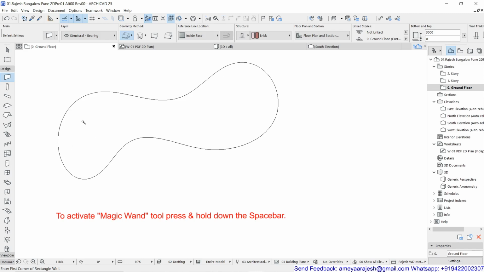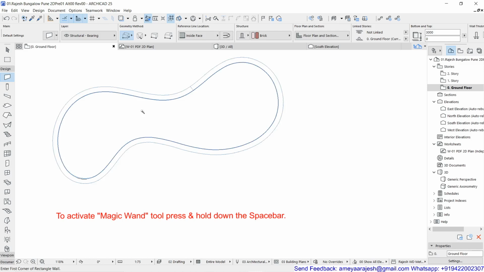So I'll just hold the space bar, and if I stay inside this, you will see ArchiCAD will automatically try to identify the closed boundary by default right now. Even if it is an open one, then you don't have to stand inside the closed area. You should stand on the object. So that's the difference. Remember, if it is supposed to be an open segment, then you should stand on the segment. If it is a closed region, then you should stand inside the region.